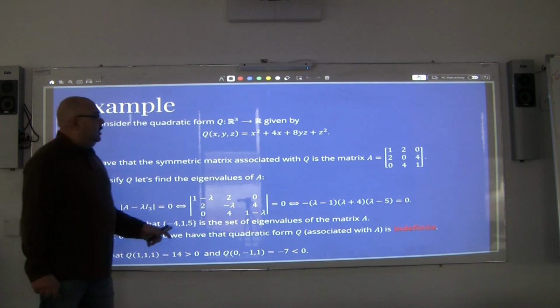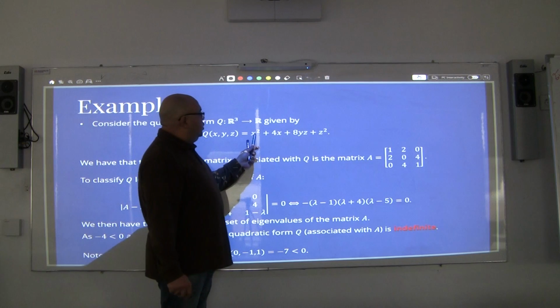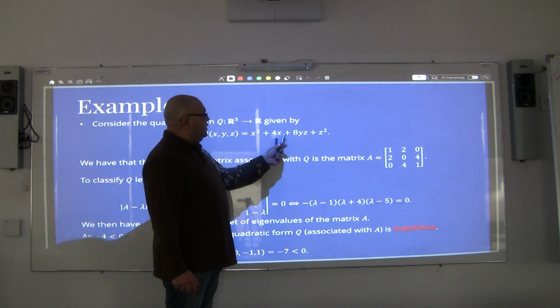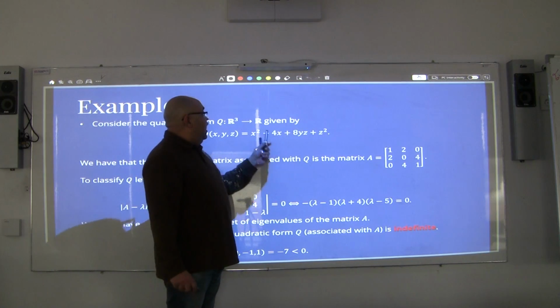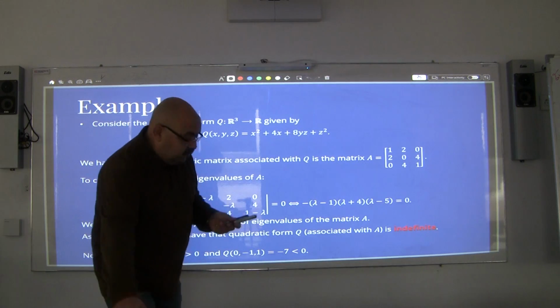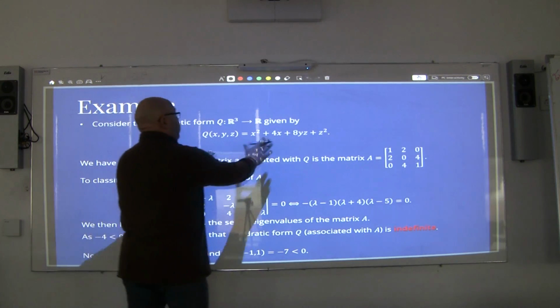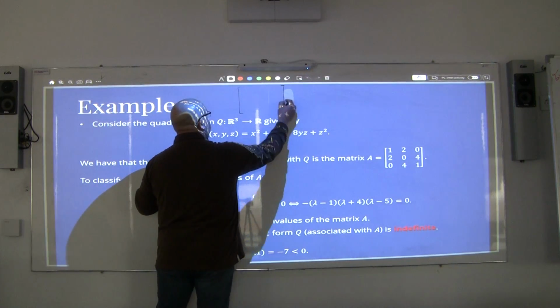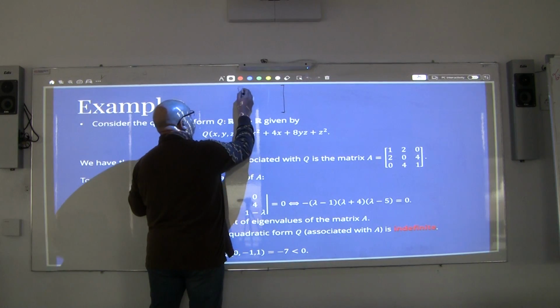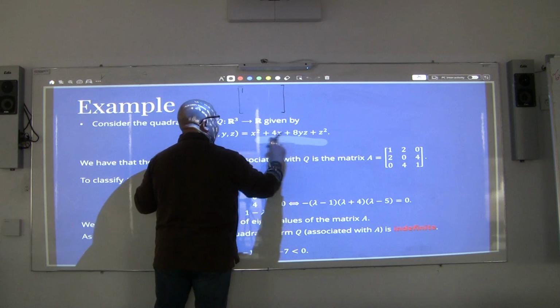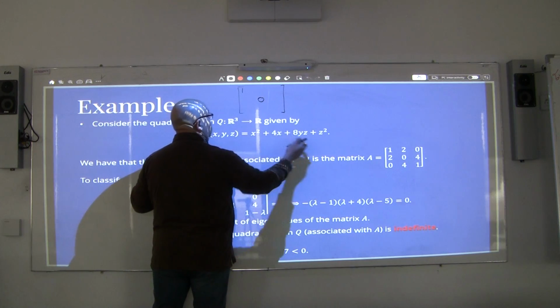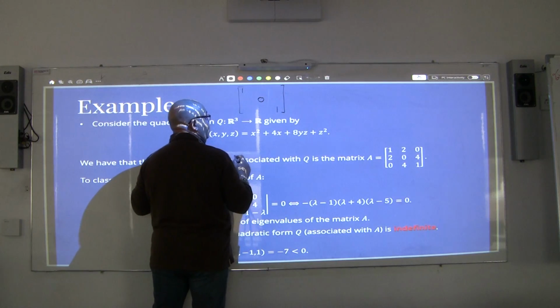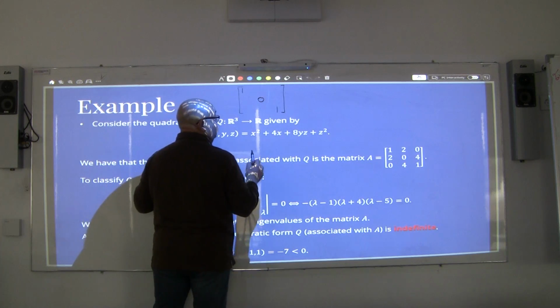So for example, if I have this quadratic form, which is x squared, 4xy, 8yz, and z squared, I can get the symmetric matrix of this really very simply. If you want to get the symmetric matrix, the x squared coefficient is equal to 1. I don't have y squared, so it's going to be 0. z squared is also equal to 1. I don't have, here I